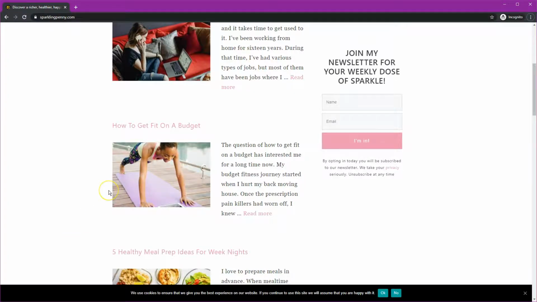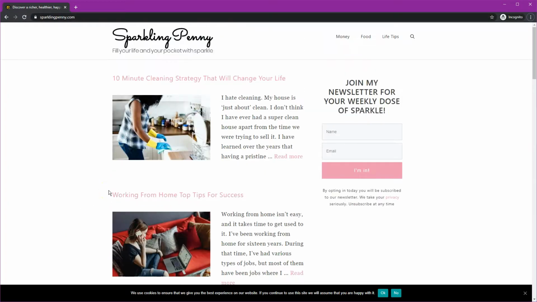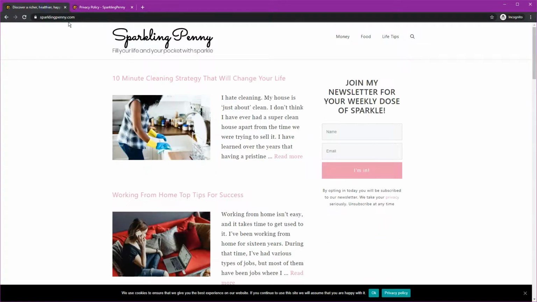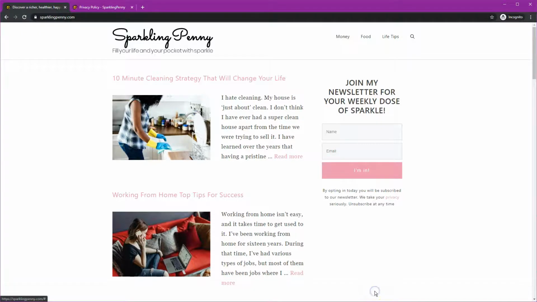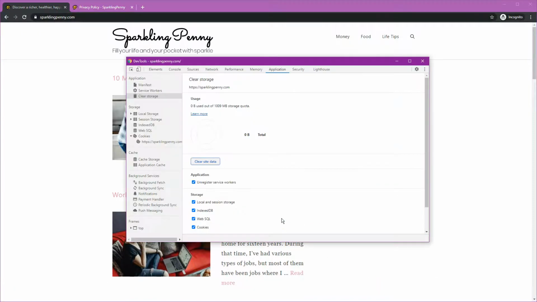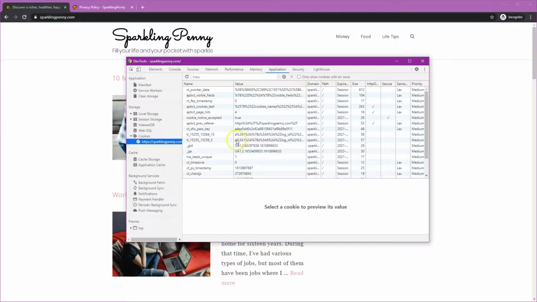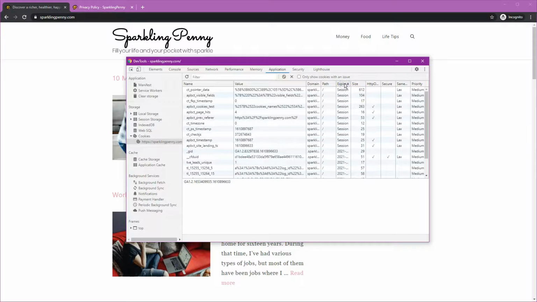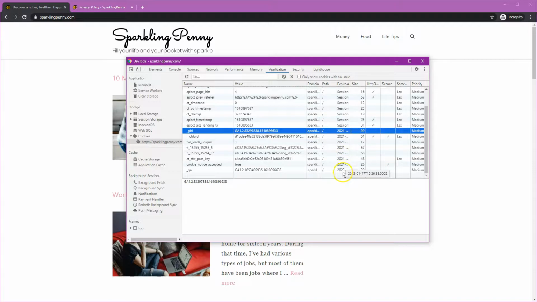Now, here, give it a refresh, and you can see we've got the privacy policy here, which should open in a new window. Okay, that's good. And then we've got the OK button to accept the policy. So we should find that there are now some, I'm going to do clear storage. So we've got the Google Analytics cookie here. Let's just sort by expiry. So these are all the cookies that are now stored